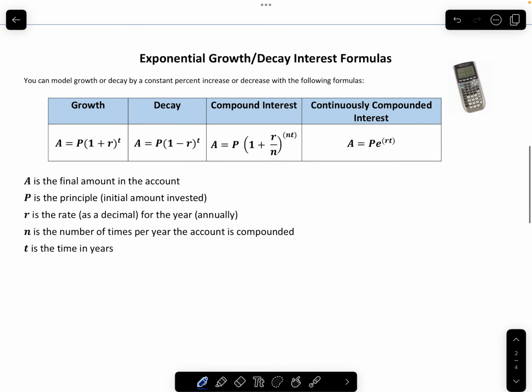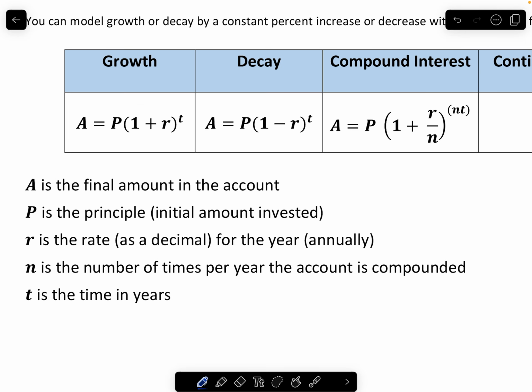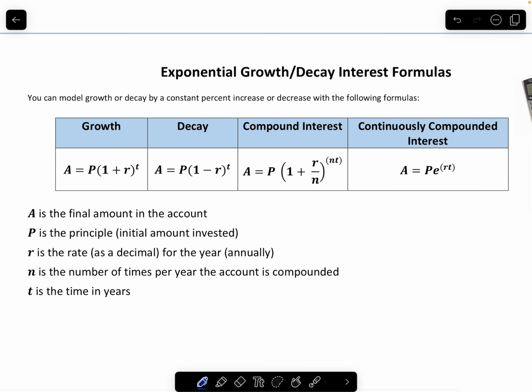All right, so these are some exponential growth and decay interest formulas. Now the first two, growth and decay, they're the same formula. The only difference is one is growth, one is decay, so it's plus a positive R or a negative R for decay. The next one, compounded interest, would be if our interest is being compounded daily, weekly, monthly, quarterly, biannually, whatever. And the last one, we'll talk about this more at the end here, if it's being compounded